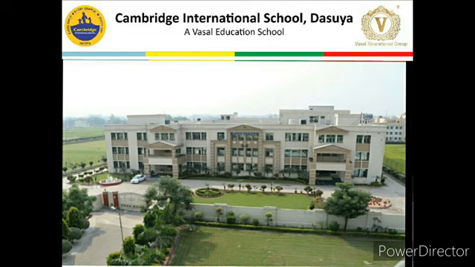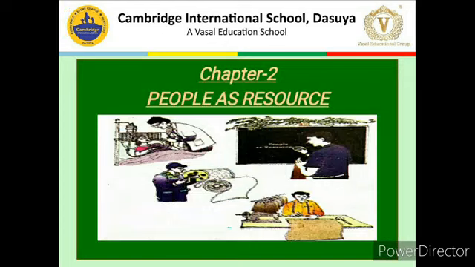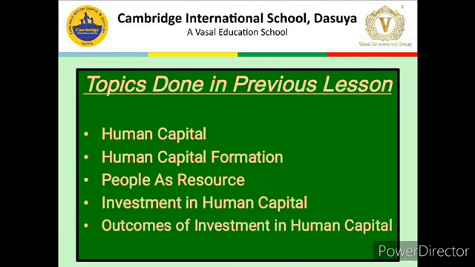As you know, we have started Chapter 2 of your economics book, whose title is People as Resource. Now we are going to continue part 2 of the same chapter. So let's get started. First of all, let's have a quick revision of the topics that you have already covered in this chapter in your video 1. So here is the list of the topics that we have already done in your last video